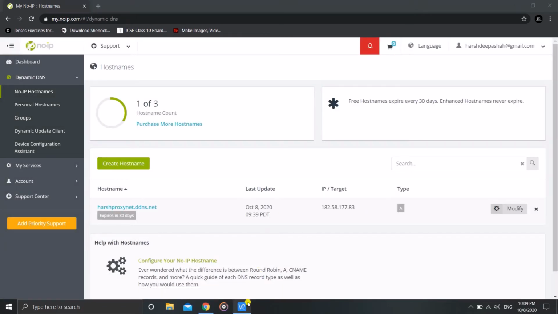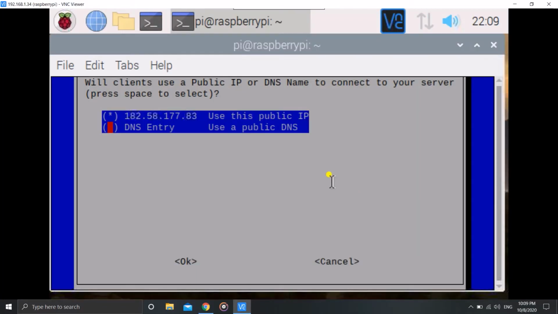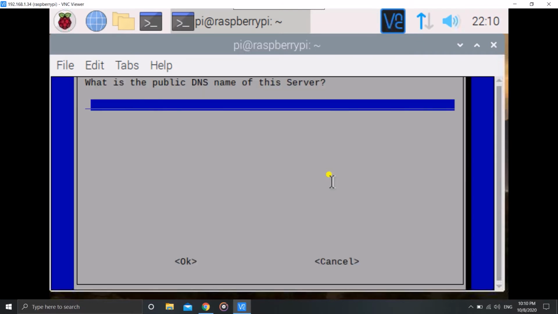Here, go here, and remember you have to use space again and again. I'm telling you all, hit the space bar, use DNS entry, remember, because we have got a dynamic DNS. If you have got a static public IP address, just blindly follow the first option. It's easy and superb. But those who don't have one, and mostly people don't have, that's why I'm showing you all this method. Hit space when you go to the DNS entry option and hit enter.